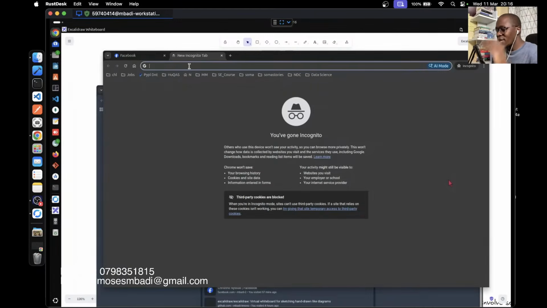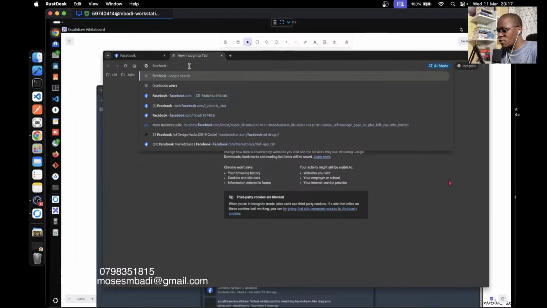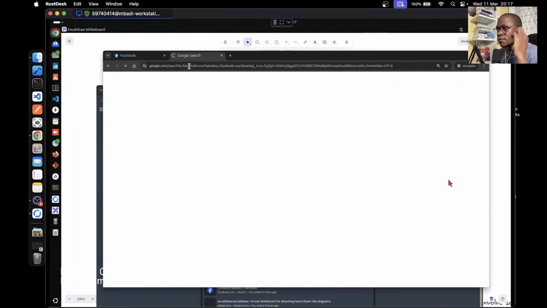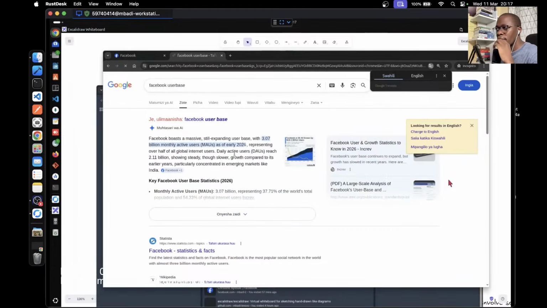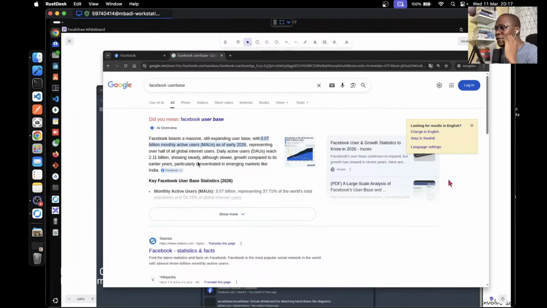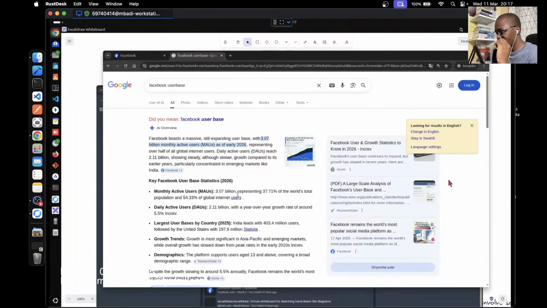But if you come here and see how many users are on Facebook, let's say Facebook user base. As you can see, Facebook has 3 billion users, okay? It has 3 billion users.